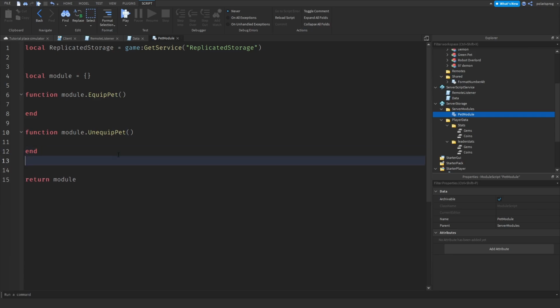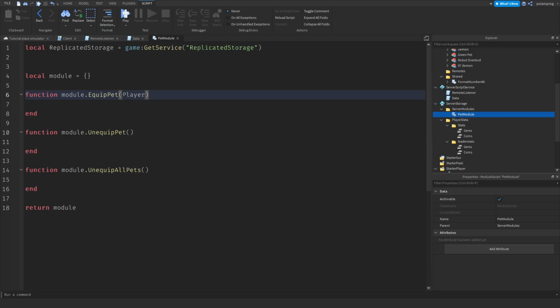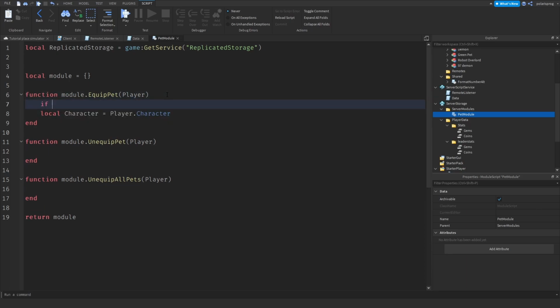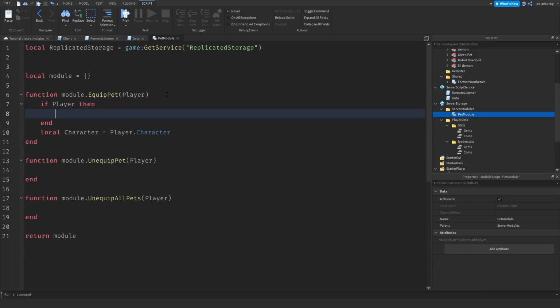I'm going to add another function. Actually, never mind. Yes, I will add it. Module.unequipAllPets, and this will take an argument which will be the player. So player, capital P, player, and now what I'm going to do is local character is equal to player.Character, and what I'm going to do here is if player, then I will put this in,